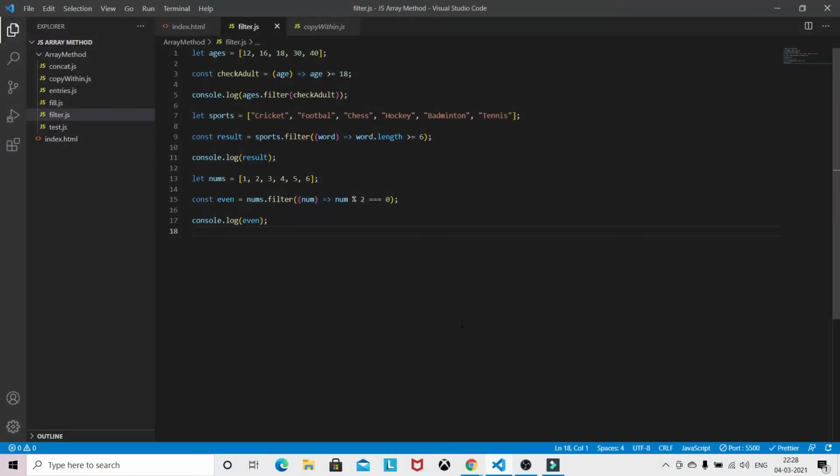Suppose we need to do some kind of search operation. We can also do the search operation with the help of the filter method. Suppose I have created one sports array: bat, ball, kit, and shoes.